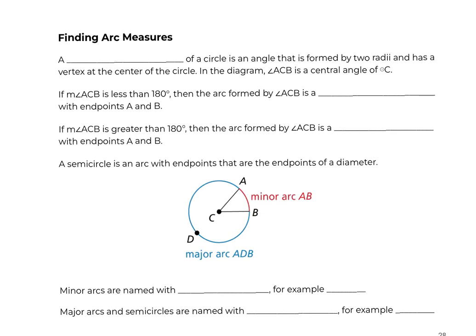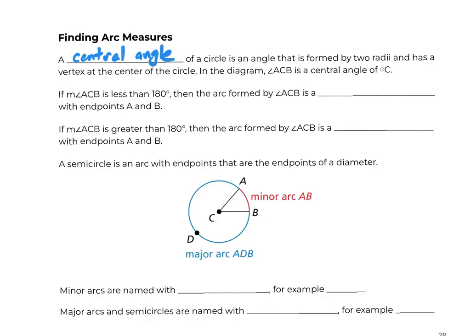Okay, but first up, finding arc measures. Everything that we do each section in this chapter is dealing with circles, but different parts or different pieces of circles. We talked about some of the basic vocab or pieces of a circle with lines and rays and all kinds of things on Friday. And now we're going to talk about some of the angles on the inside of a circle. So the first one is what we call a central angle